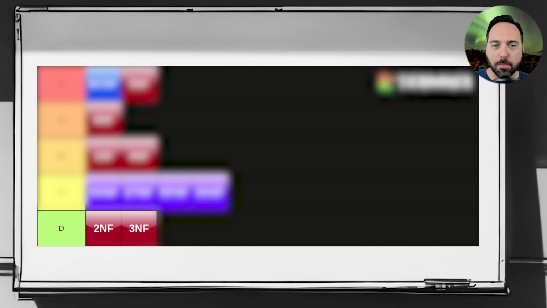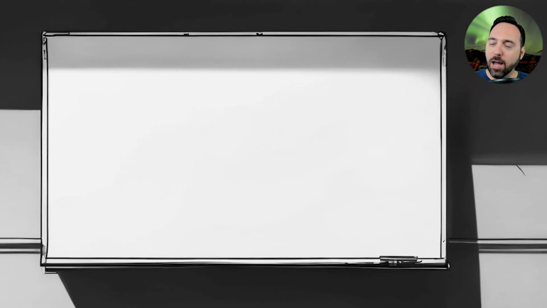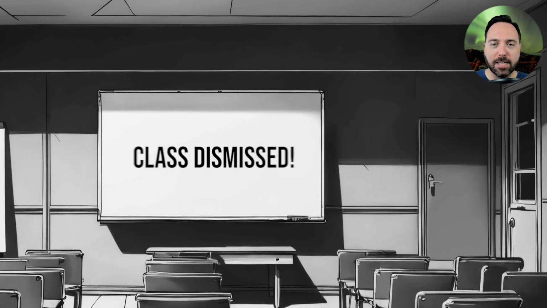Below them, we have the C tier. The C tier is my default dumping ground for what I consider overly academic normal forms. Basically, each of these normal forms is relevant in very specific circumstances, but the likelihood that you will ever find a use for any of them in the wild approaches zero. For that reason, we will go back to ignoring those normal forms. And at the very bottom of this list, we have second and third normal forms. Yes, that's where they belong. And if you want to learn why each of these normal forms belongs in the dumpster, stick around, I'll explain myself. But for now, class dismissed.